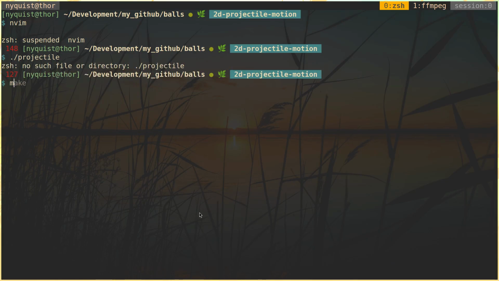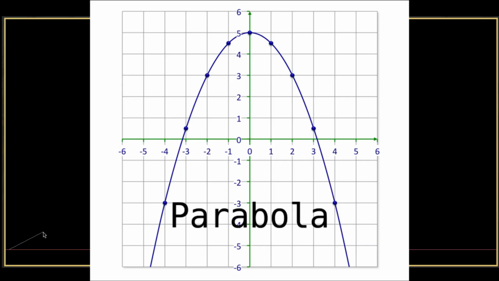Let me make it and run it. So we got a ball going through the air, and then we can see how it's slowly going up and then slowly going down. It's making, I forgot the name of that curve. There's a special name for it. I don't specifically remember, but yeah,